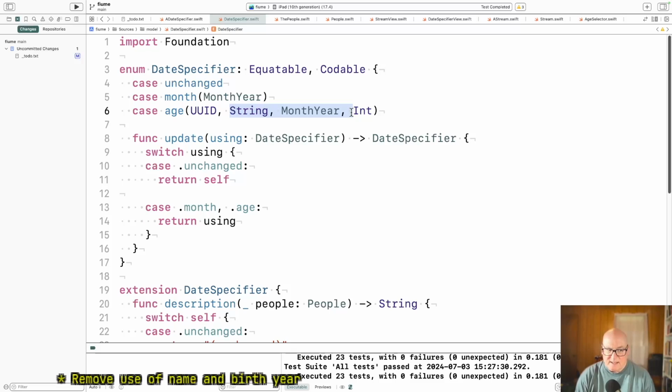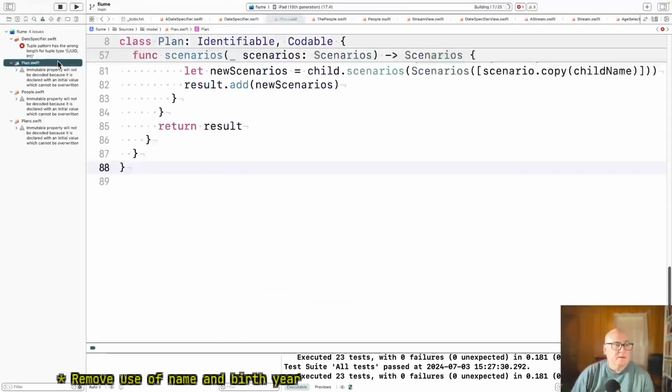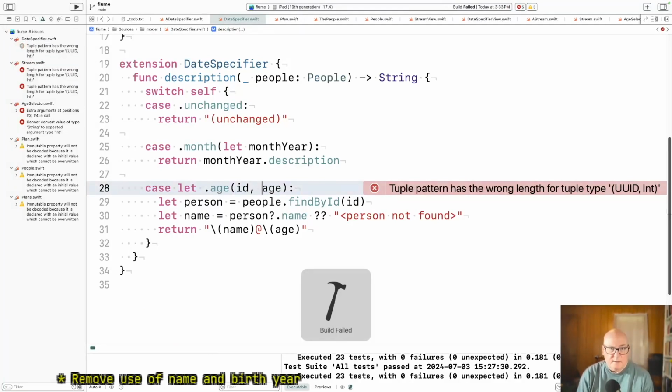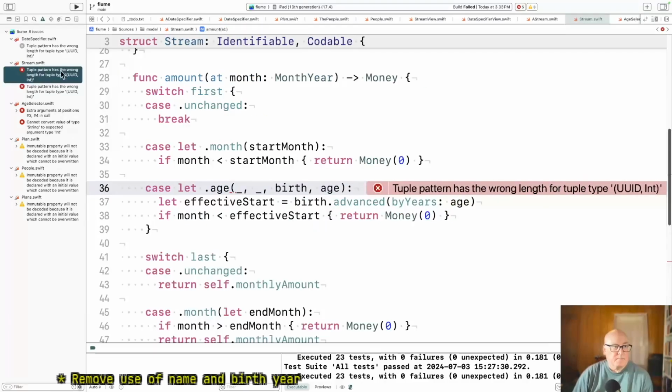I don't know if that's the case. The one place is when we do possibilities, we do check ages, so we'll find out. All right, build. Tuple has wrong length. Okay, remove these two. There it is. Yep.